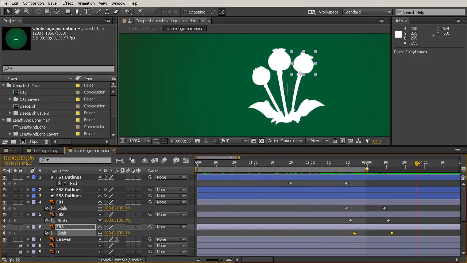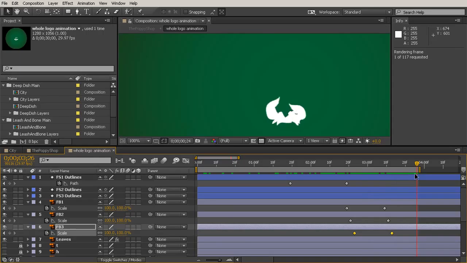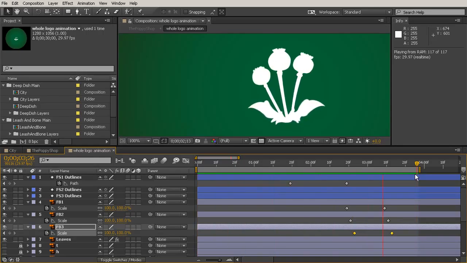Okay, so I'm going to pull this forward here, and let's just see what we've done so far by doing a quick RAM preview. I'm going to hit the 0 key on my number pad. And you can see that really beautifully grows and pops in there. Now, I think that these could be made a little bit better by adding some exaggeration to the stems and